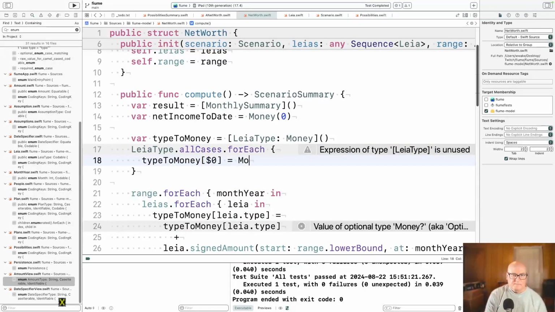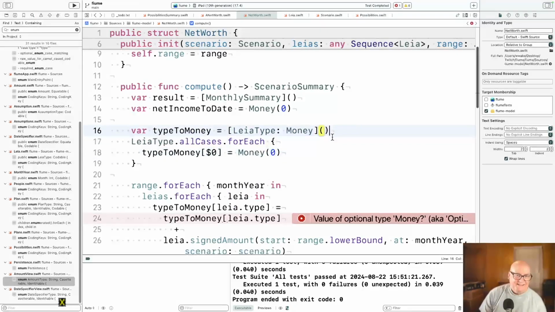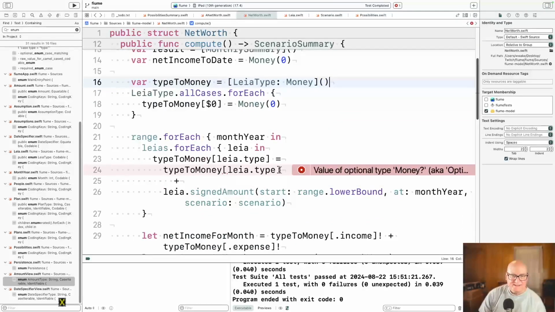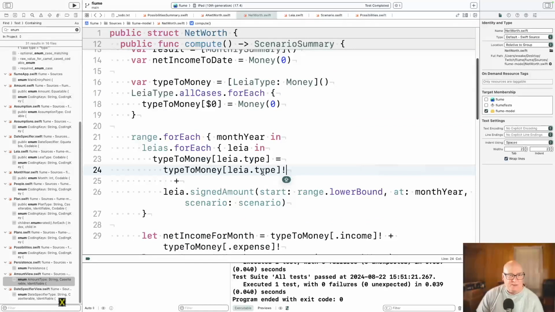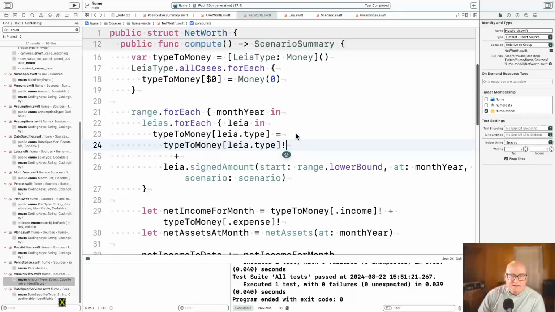Okay. Rather than have that default thing, now I know that there's one for each type, so I don't have to worry about it. So in effect, I'm getting the sum of these things categorized by their type. I know there's an income and an expense, and that's your net income. And then your assets is same thing for